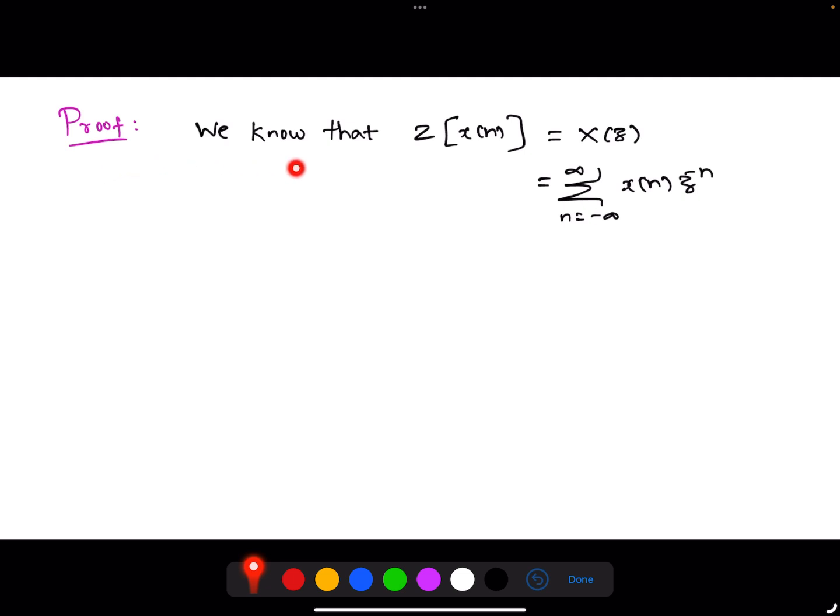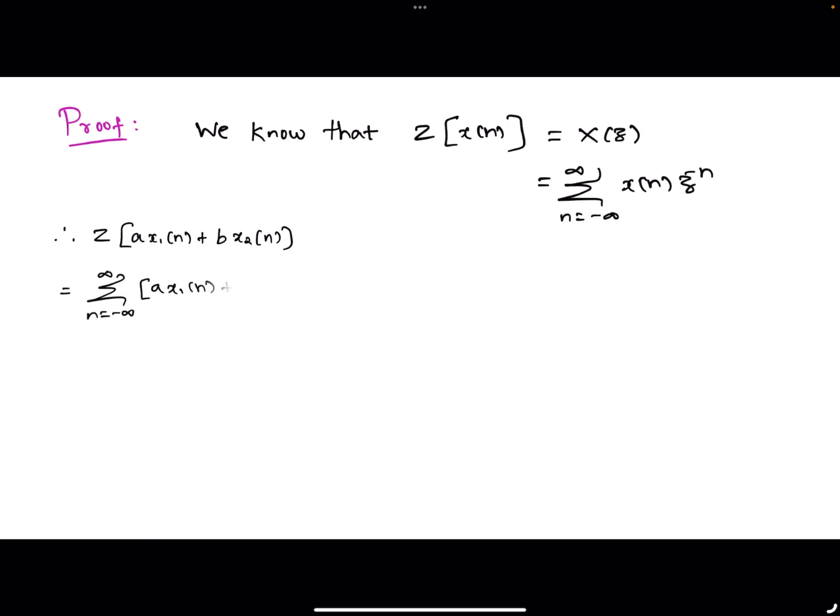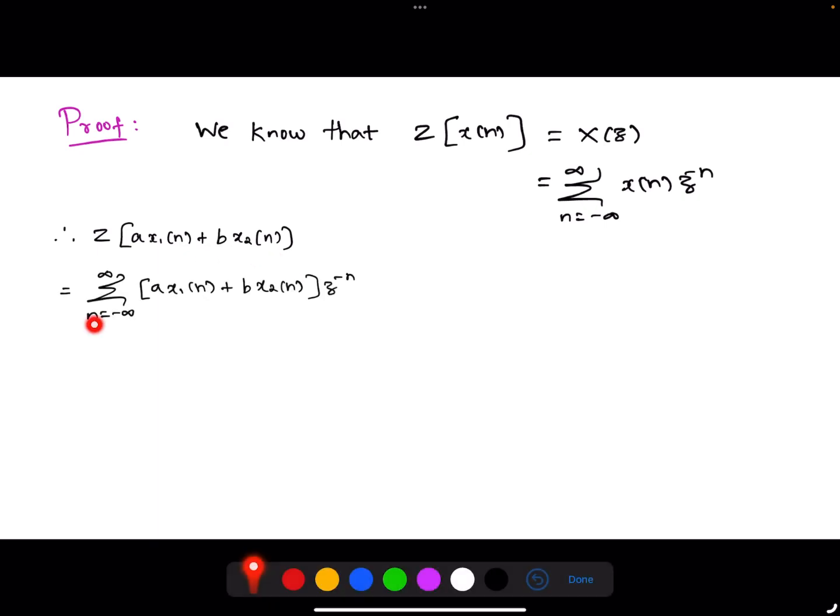Proof: we know that Z of x of n equals X of z, which is summation n equal to minus infinity to plus infinity x of n into z power minus n. That means here we are using the bilateral Z transform. Now what are we going to prove? We will substitute x of n to be a into x1 of n plus b into x2 of n, which is summation n runs from minus infinity to plus infinity a into x1 of n plus b into x2 of n into